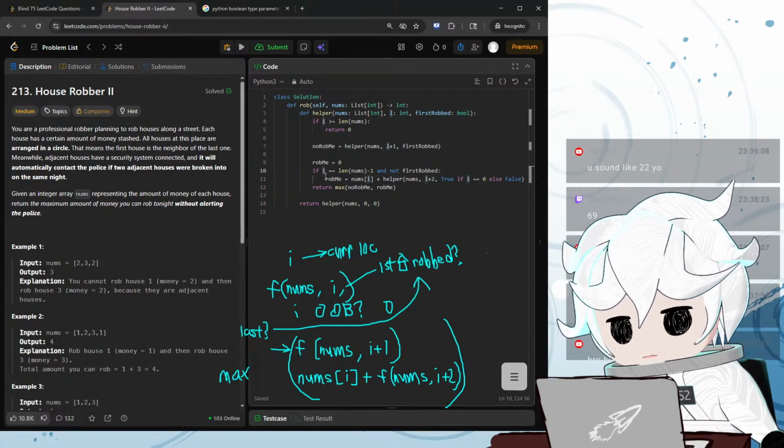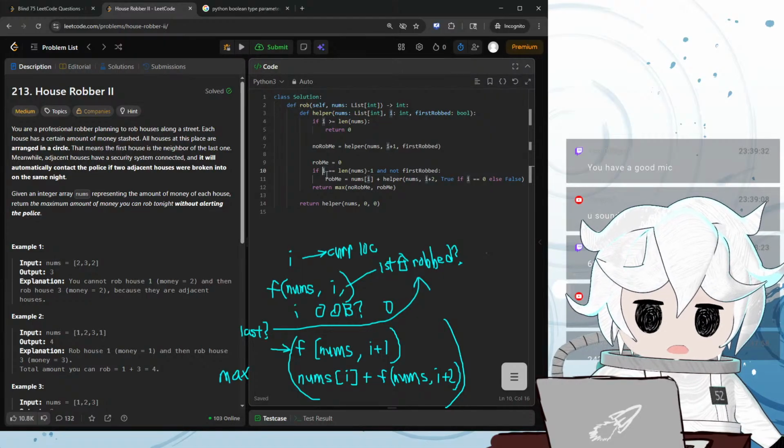Okay, I think I screwed up here. I need to take care of the case where